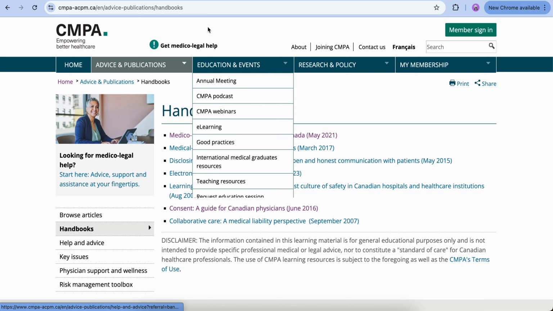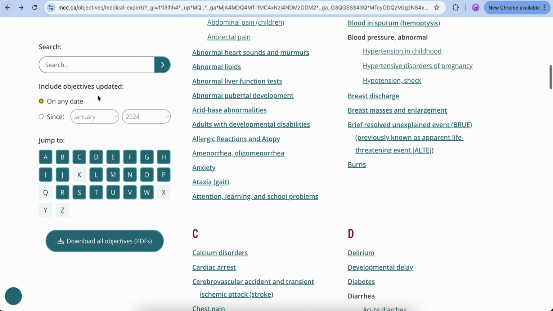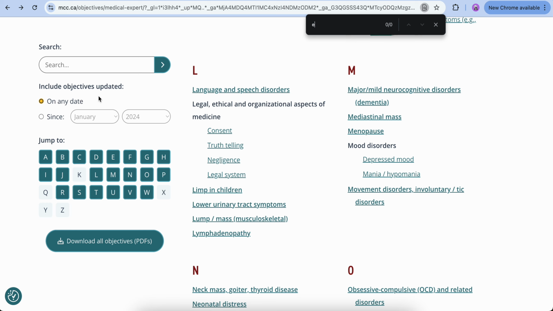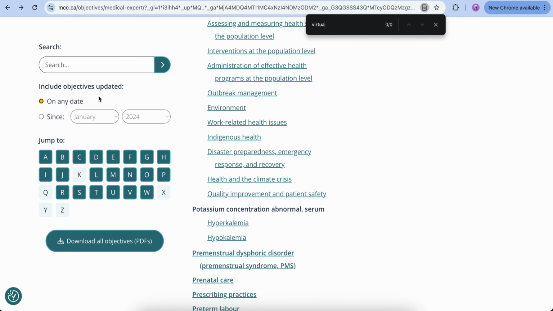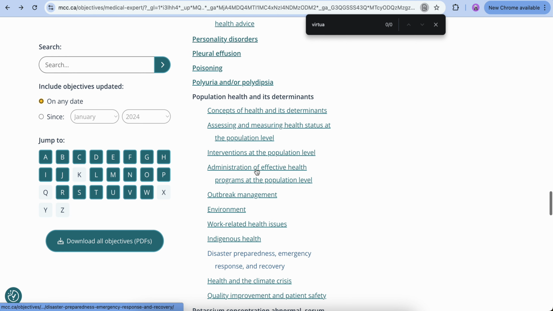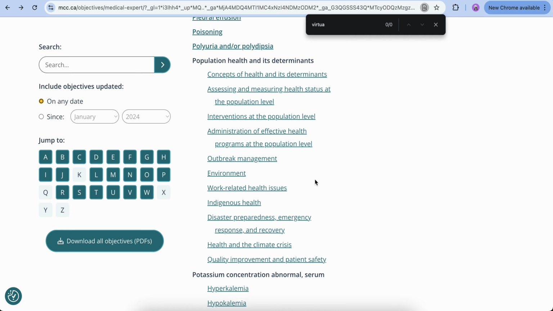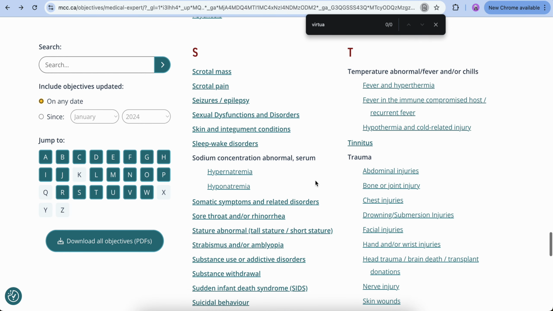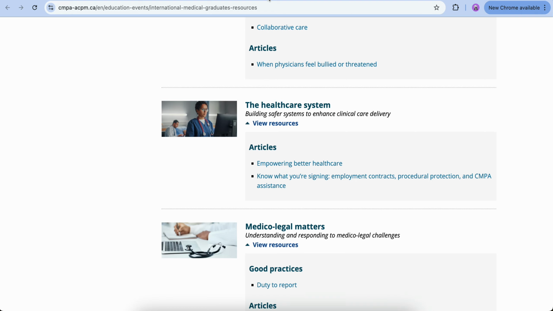Electronic record handbook. I'm not sure now that the objectives are also asking you for the electronic record, but it was asked in the past. Let me just check. No, there is nothing like that, so probably they have just removed it. It was in the past where they were asking about virtual care stuff, 2-3 years ago. I remember that part. So that's fine, but at this point of time, these are all the things which will help you to navigate it.